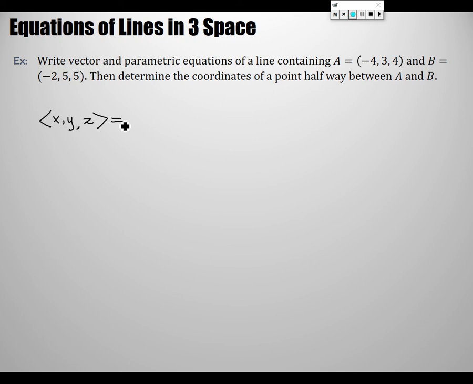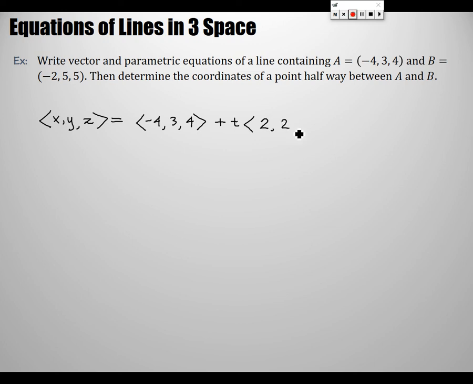Wait, I don't understand how you're supposed to incorporate those. T is just a free variable, right? That's the parameter. You don't have to have a T in it. I mean, you have the T. It's just a T. Oh, okay. Just T. Oh, so I got -4, 3, 4, and then plus t times 4 is 2, and then oh wait, probably not 4. -6. Wait, what? -2 minus -4. So 2. The other ones I think I like though. What was that? 2, 2,